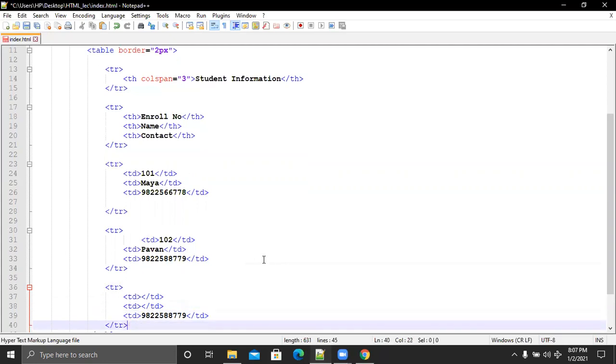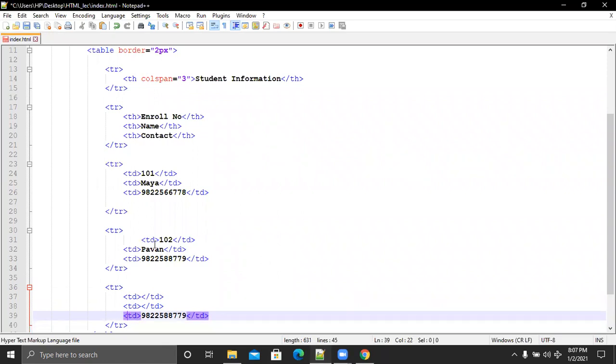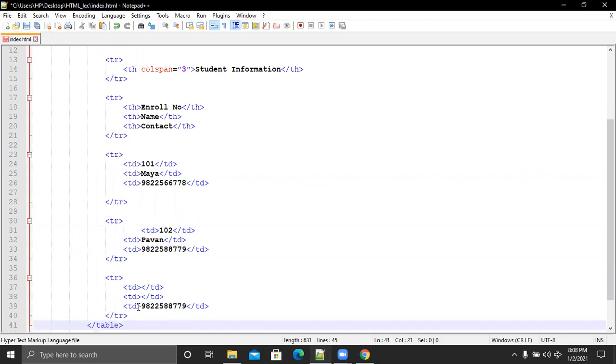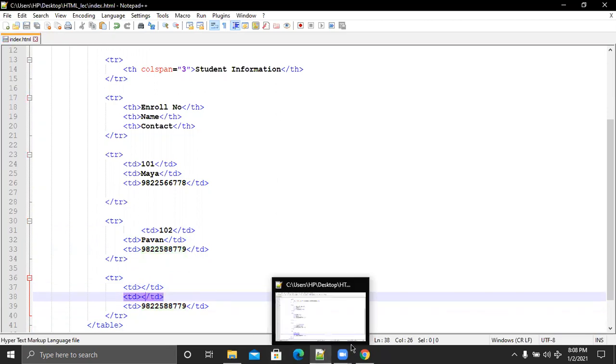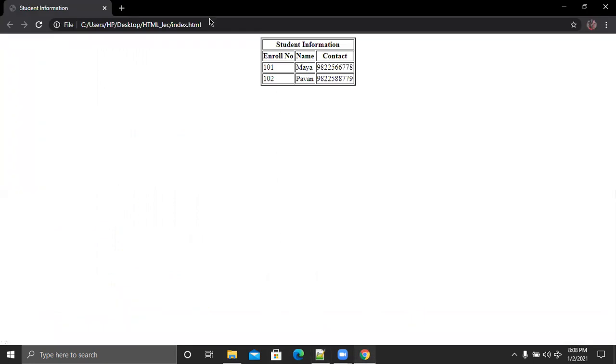So I just keep it empty here, and I want to give this contact number. So it will look like this: 102 person has 2 contact numbers. I want to make this type of formatting here. So I just make it empty, that is the row ID and name. I save this and open it in the browser so you can properly see it.